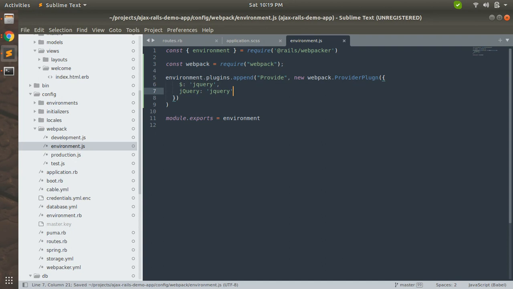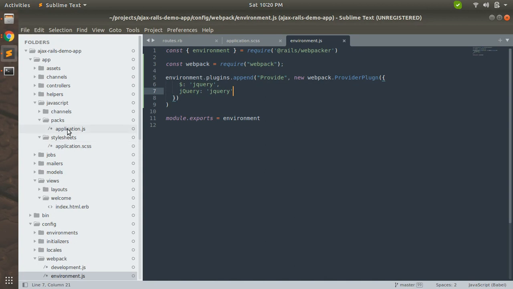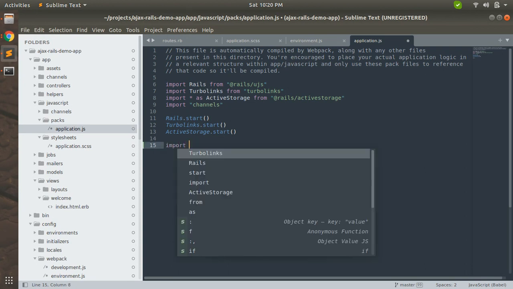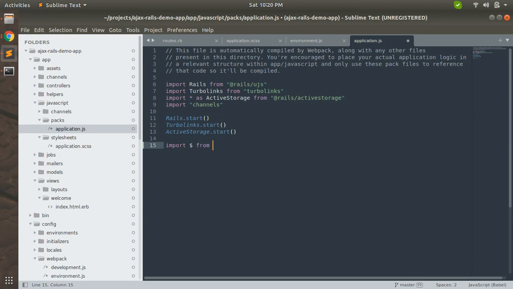Now that we have configured our Webpack environment, we need to import jQuery and Bootstrap.js into application.js to serve the files. So open application.js inside the packs directory. We want jQuery to be global, so we will add import $ from jquery and make it global.